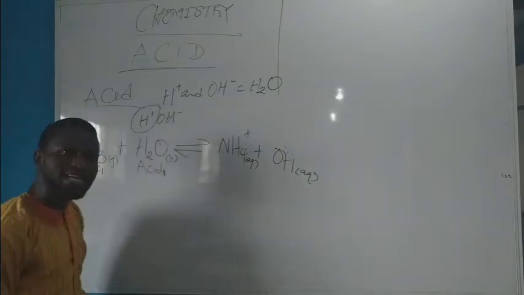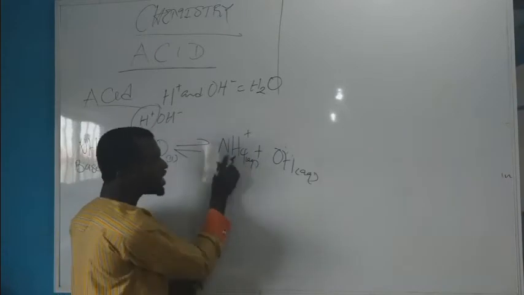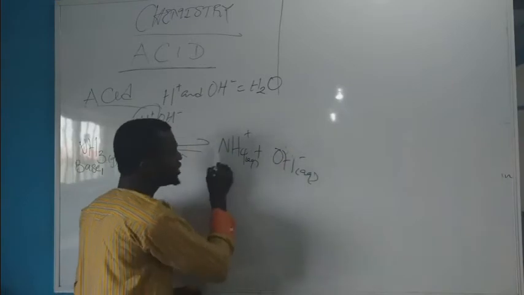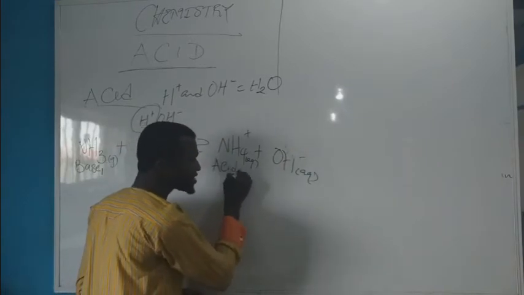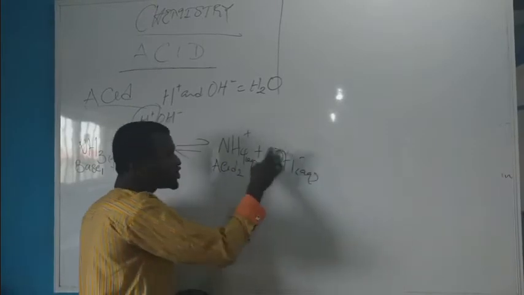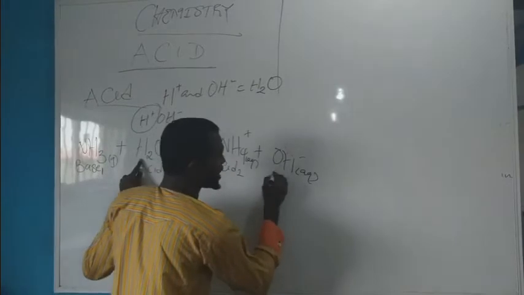Coming to the right hand side of the equation, ammonium ion relinquishes a hydrogen ion, gives off a hydrogen ion to this hydroxide ion. Therefore, it functions as an acid. Here, this one accepts the hydrogen ion from this one to form what? Water. Therefore, it functions as a